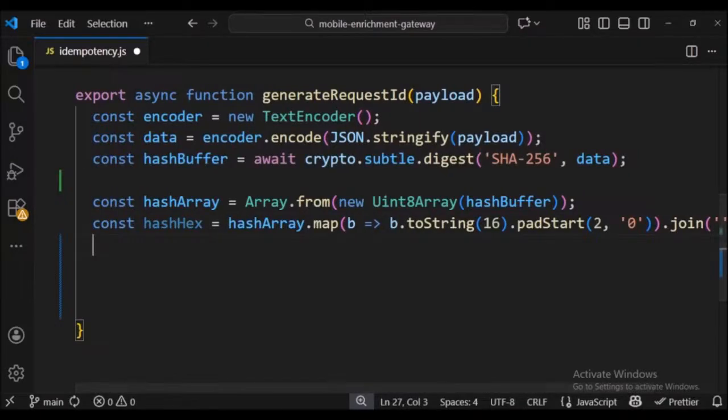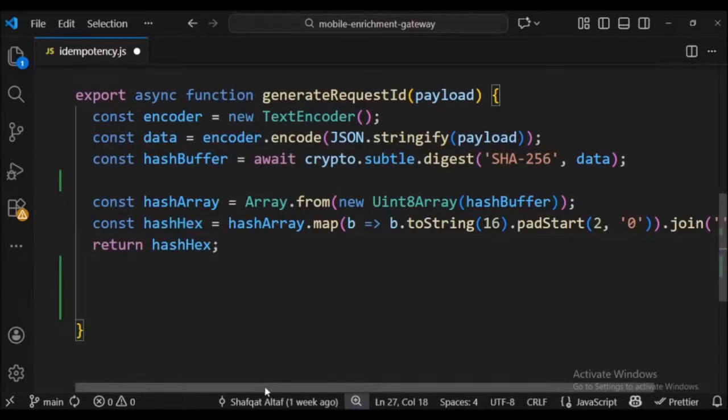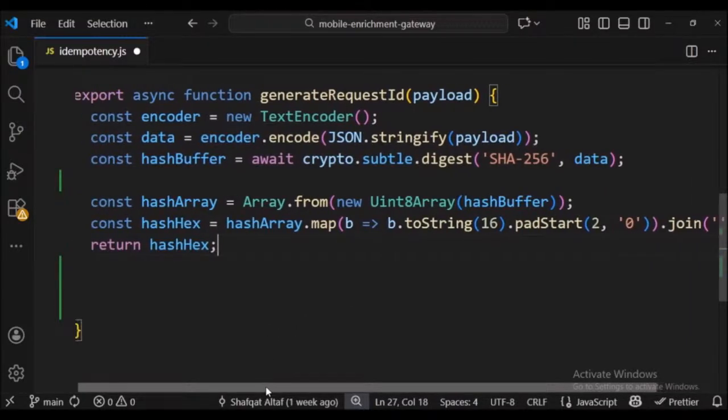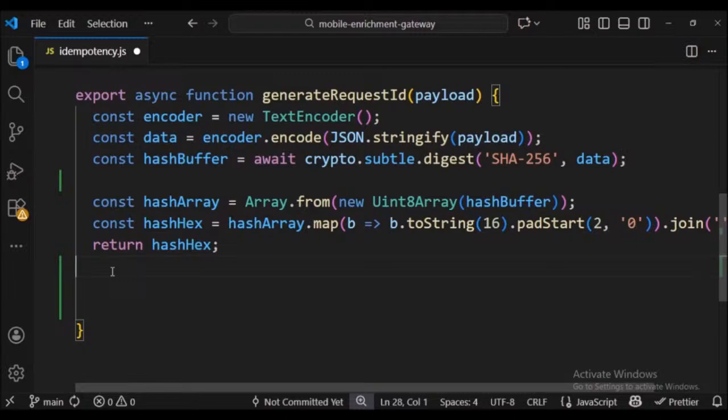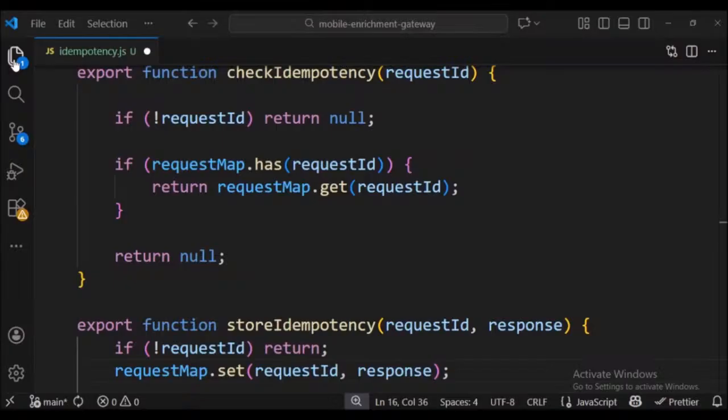This approach ensures that each request payload has a deterministic ID. Any repeated request with the same data will produce the same hash, allowing the gateway to detect duplicates efficiently. Viewers, now that we have implemented idempotency, authentication and rate limiting,